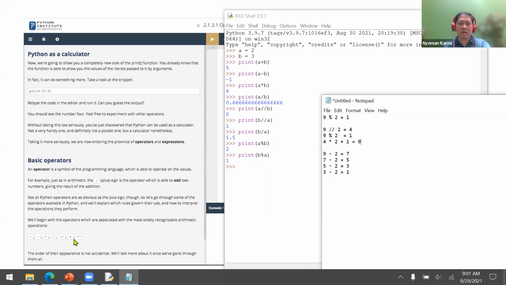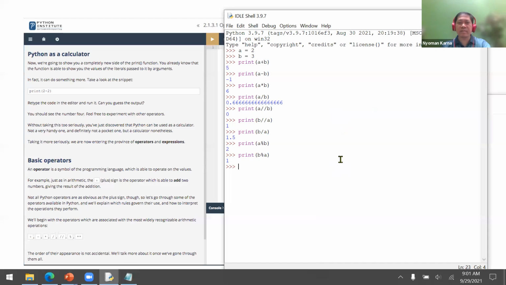Now, how about the double asterisk? It's called the exponentiation. In bahasa, it's called pangkat. Okay, let's try it out. Print A double asterisk B. So it will calculate 2 power of 3.